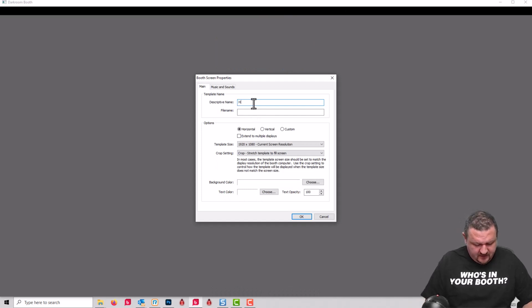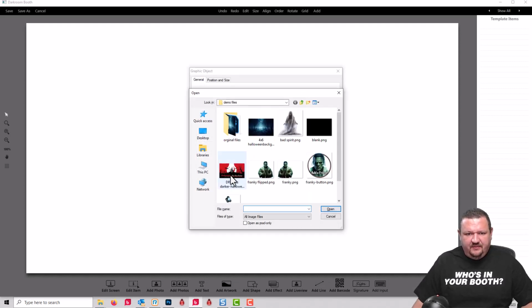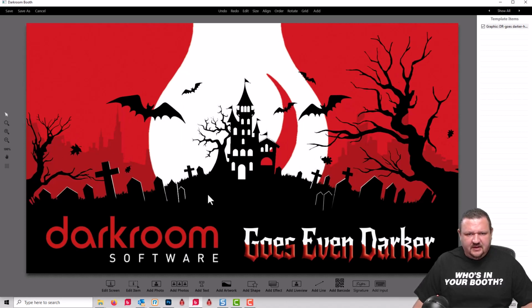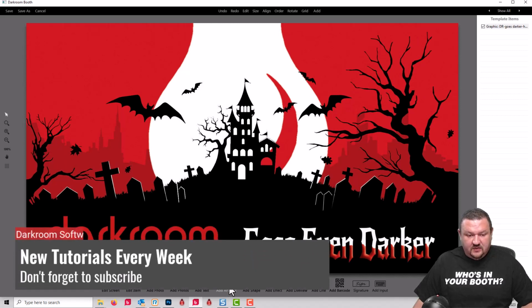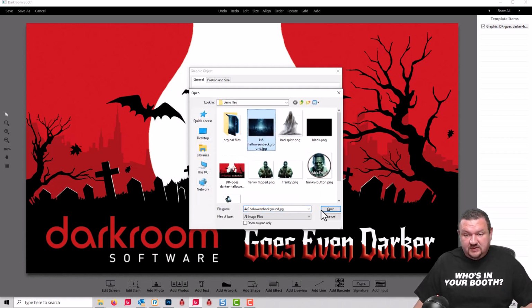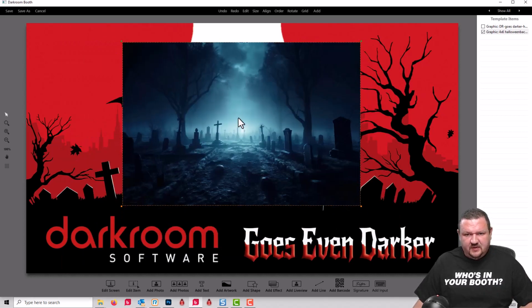Okay, page 1 demo for Halloween demo, and it's horizontal. That's all correct. We go ahead and add our background graphic. This is all pretty normal. Enlarge it just a little bit, and then we're going to add our background for our green screen. So there's our Halloween background, and we'll make it a little bit smaller, and then we'll